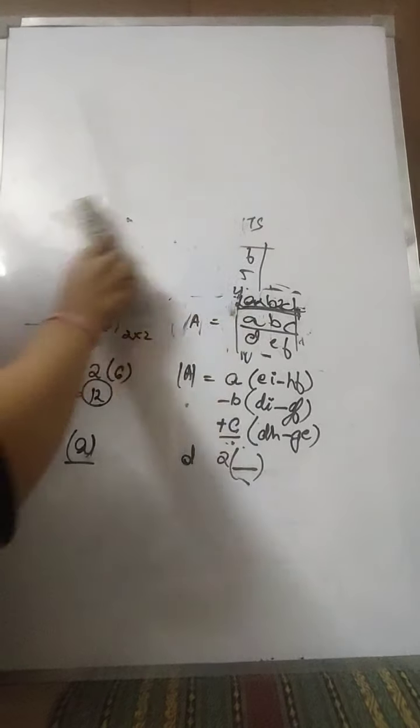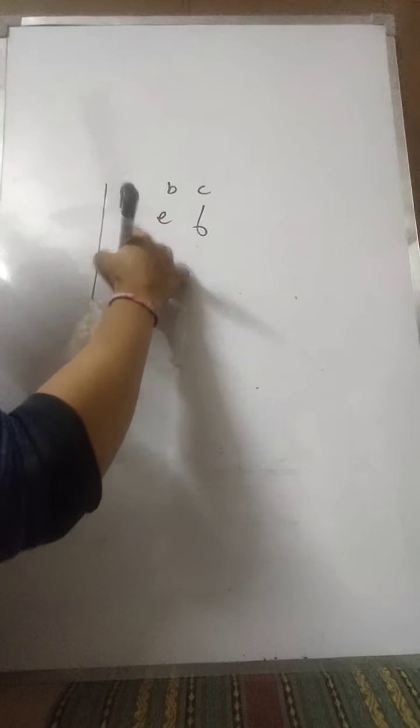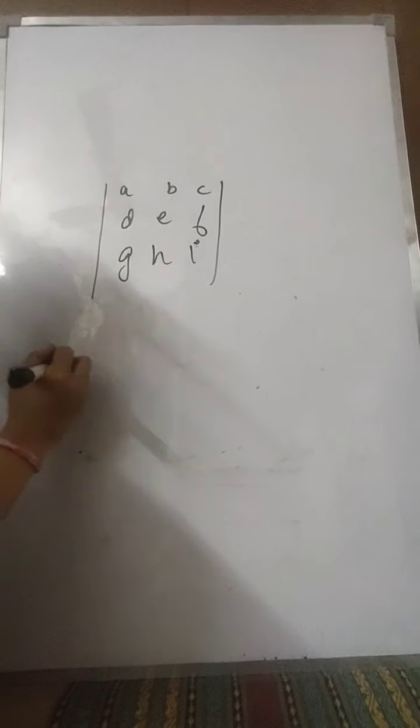Now coming on to the next topic for determinants. How to find the area of a triangle when we are working with determinants? There are two types by which we can solve for the area. The very first: whenever I am given A, B, C, D, E, F, G, H, I, for example, this is my determinant. How will I calculate it? Half.